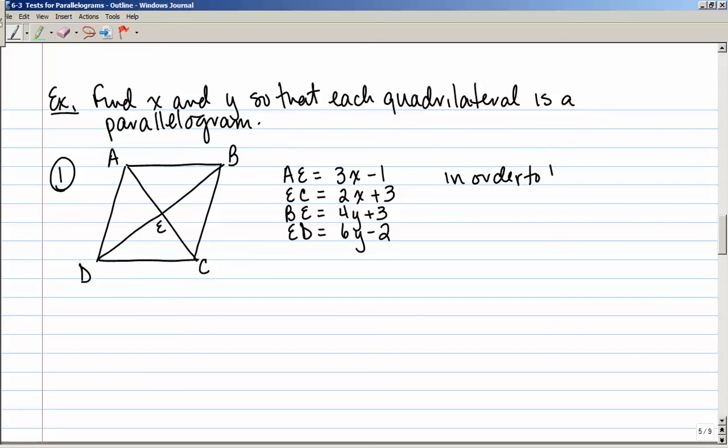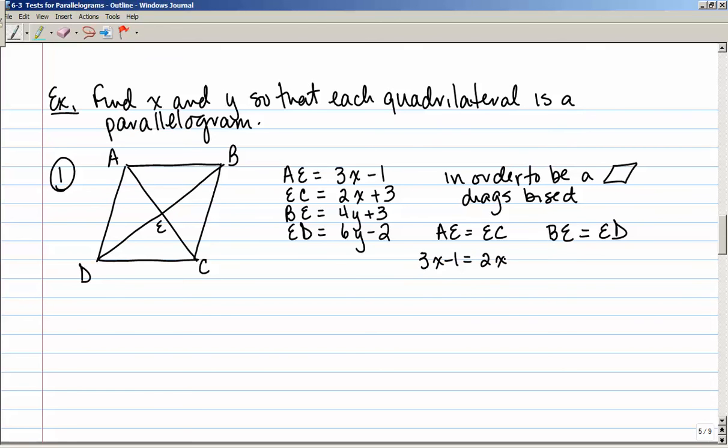So in order to be a parallelogram, diagonals have to bisect. So that means that AE has to be equal to EC, and BE has to be equal to ED. So 3x minus 1 equals 2x plus 3. So x equals 4,